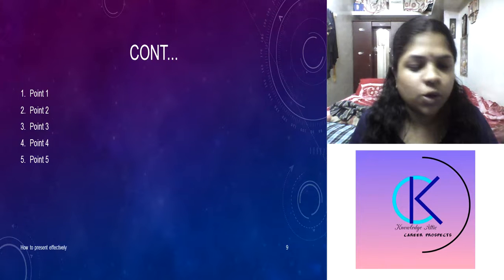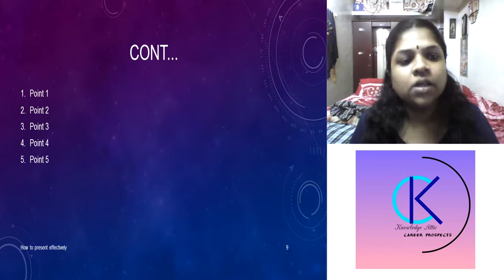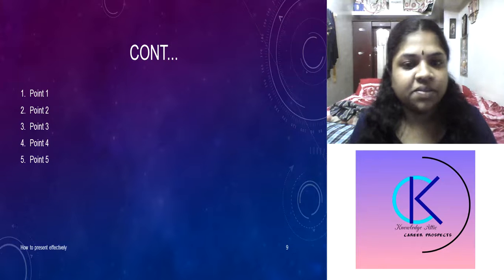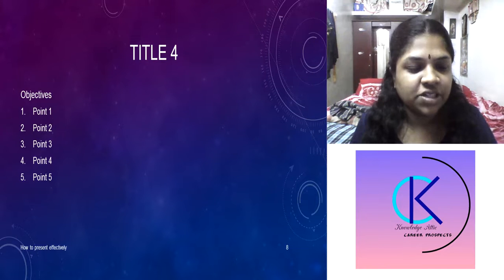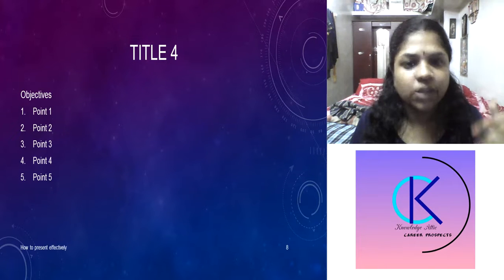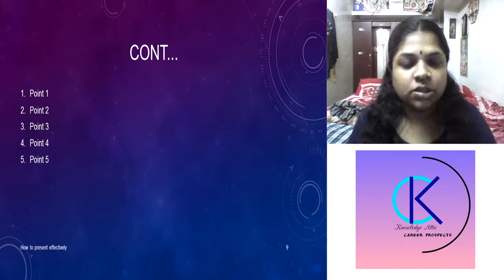As I said, these 1, 2, 3, 4, 5 points can be listed for what? If you are talking about objectives, see, I have given in my previous slide, objectives of artificial intelligence, meaning what are the objectives. Point 1 is one objective, point 2 is another objective, point 3 is another, and likewise all the points will follow. If it is a bigger topic, you break the slide so that the first slide has the title, and the next slide has what? Continuations. Okay, and that is all.